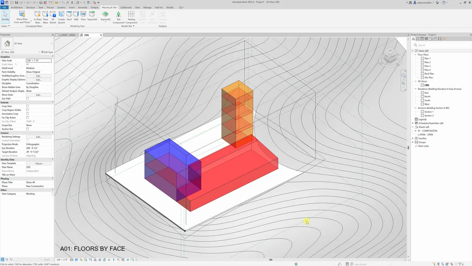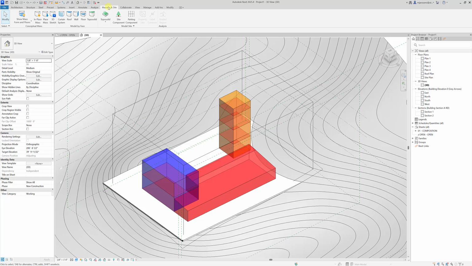So now we're going to start to create some elements by face, and we're going to start with the floors based on the mass floors that we just created. And to do this, we need to have a mass which has mass floors already created for it. And we're going to go to Massing and Site, and under the Model by Face tab, we are going to